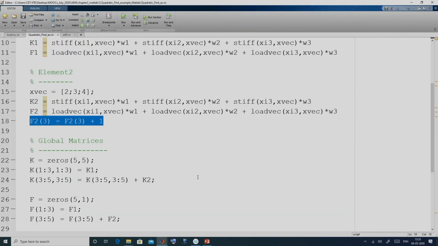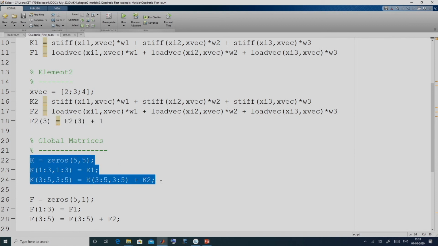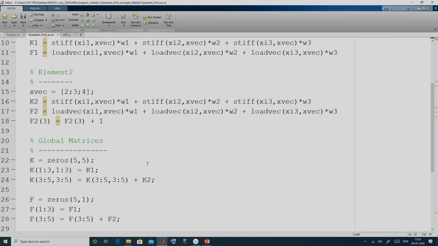Now, if you see the MATLAB program, in this part we do the assembly. Here, first we initialize a 5 cross 5 zero matrix, that is the global matrix. Then in the first 3 rows and first 3 columns we equate K1. After that we add K2 in the proper position of the global stiffness matrix.